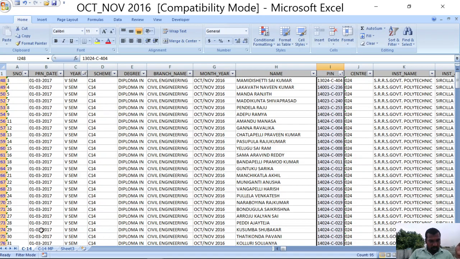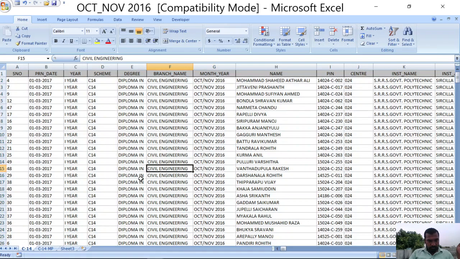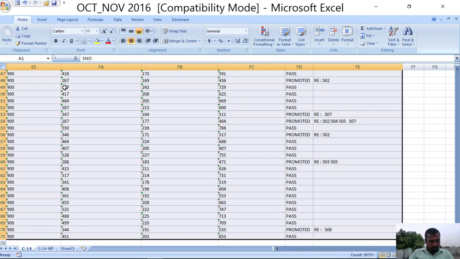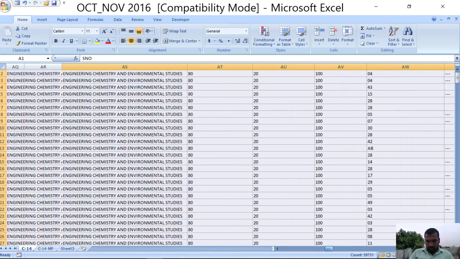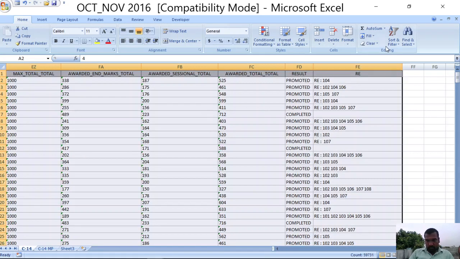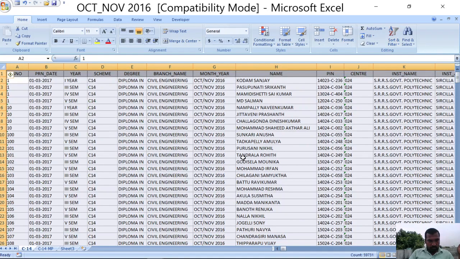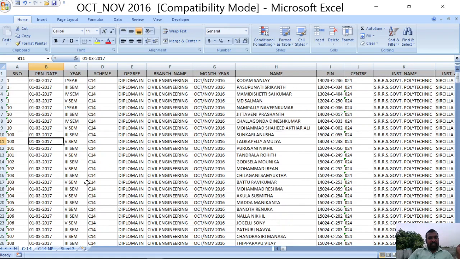For example, I am removing the filters. So this is the data we are receiving from the State Board of Technical Education.